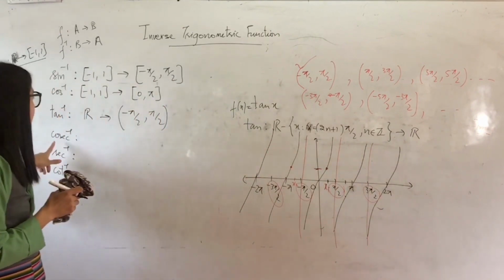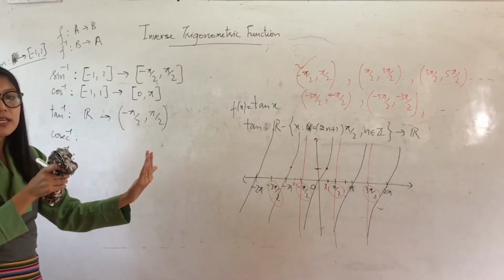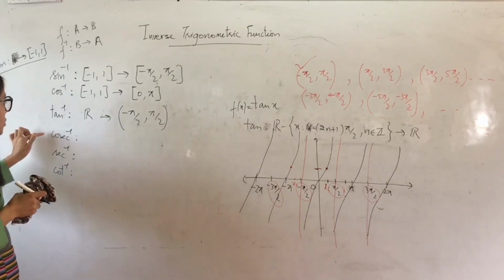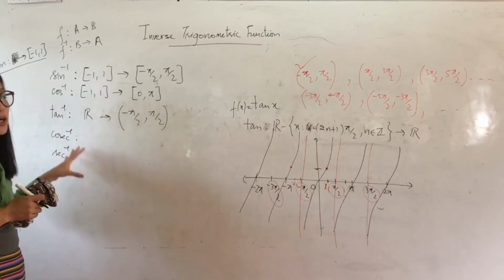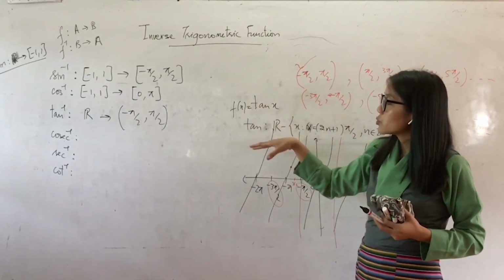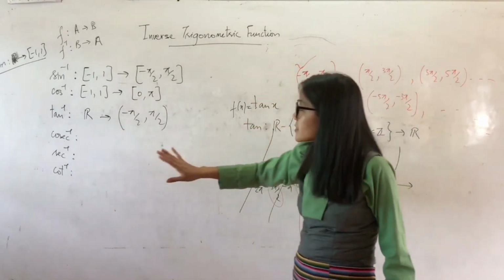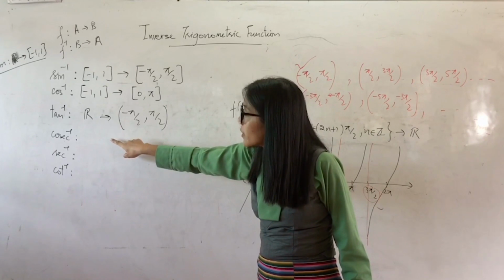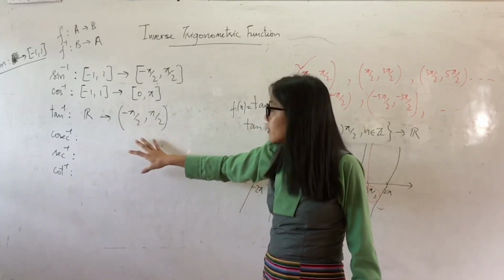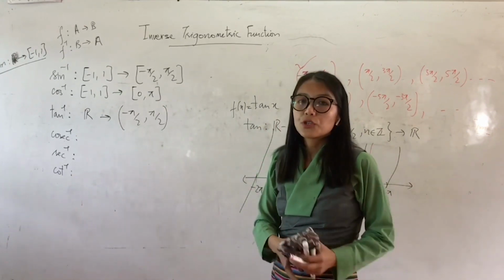So first you plot the graph for cosec and then you see by restricting which interval you get cosec inverse. So like that you can find the domain and range of cosec inverse, sec inverse, cot inverse. That is your assignment. So today I'll just stop here. I will not go too detailed because too much teaching will confuse you. Today's assignment for you is to find the domain and range for these 3 inverse trigonometric functions. Try to derive the principal branch for each of these 3 inverse trigonometric functions.